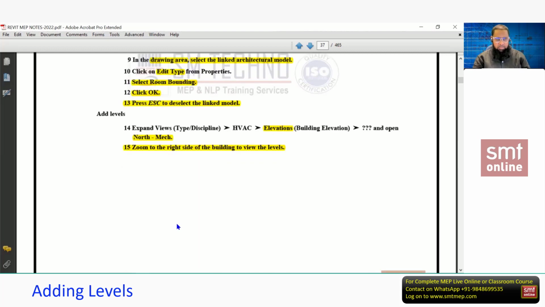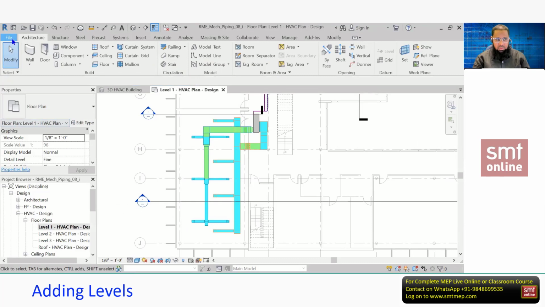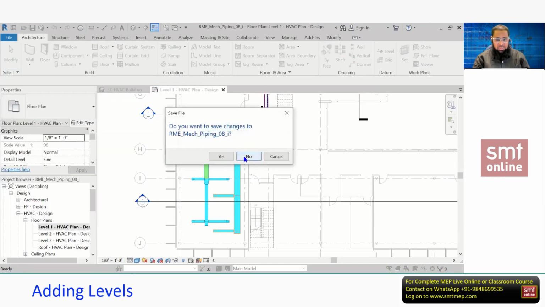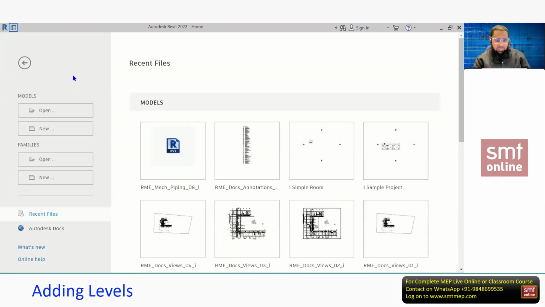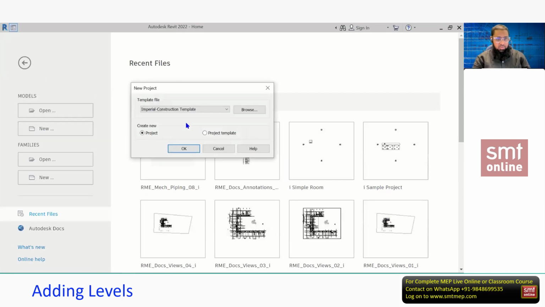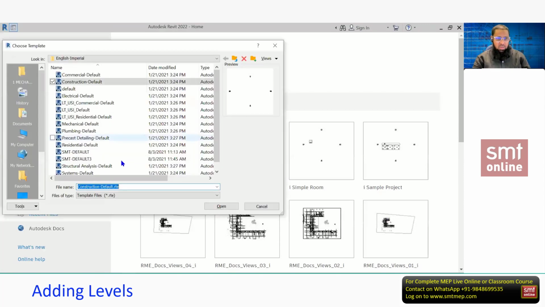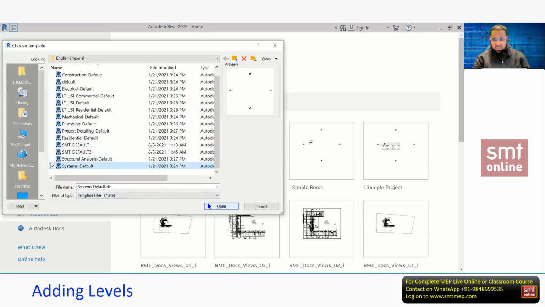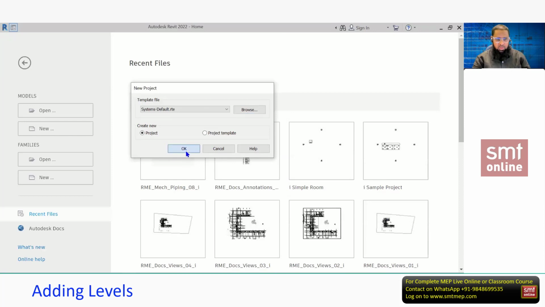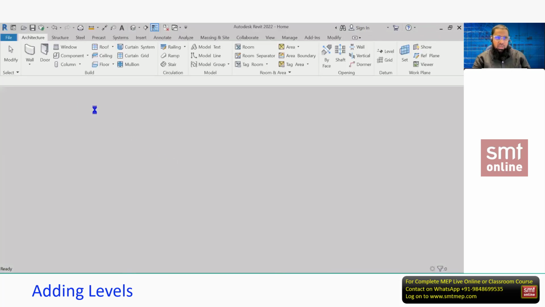So let me proceed from page number 31, and quickly I'm going to complete the previous task in the file, because I need to continue with the same file. So, click on new and select this template, system default, because we are dealing with the plumbing, mechanical, and electrical. So I'm using the system default, that too English system, Imperial. Then create new project, then quickly I'm going to link the 3D intelligent building.